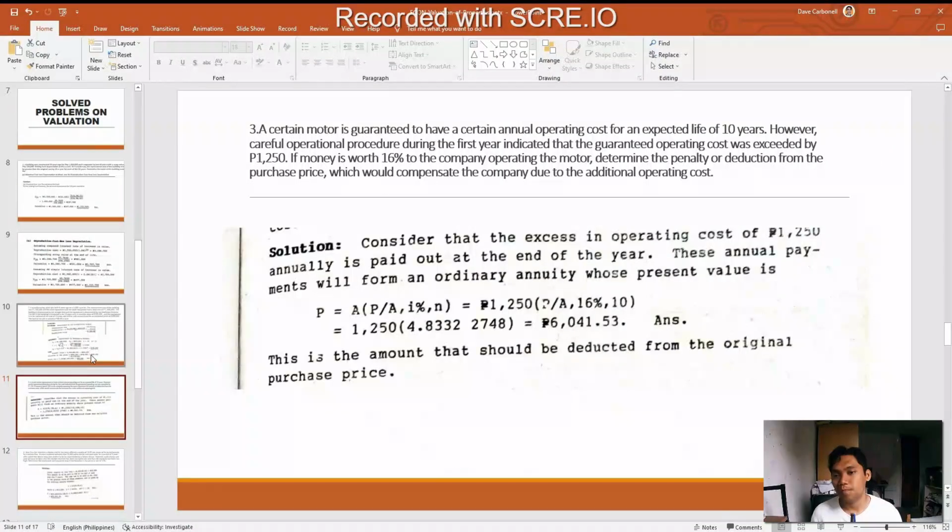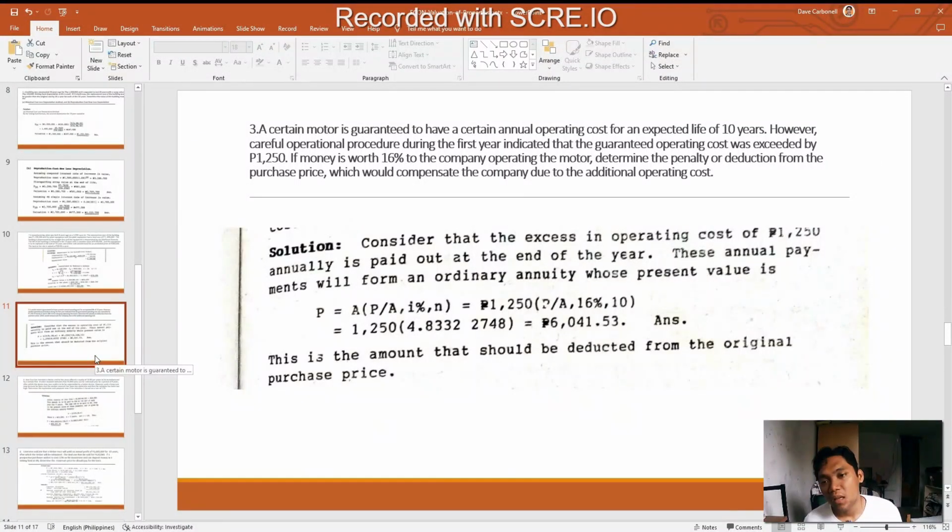Number 3, a certain motor is guaranteed to have a certain annual operating cost for an expected life of 10 years. However, careful operational procedure during the first year indicated that the guaranteed operating costs were exceeded by 1,250 pesos. If money is worth 16% to this company operating the motor, determine the penalty or deduction from the purchase price, which would compensate the company due to the additional operating costs. So the solution for this is